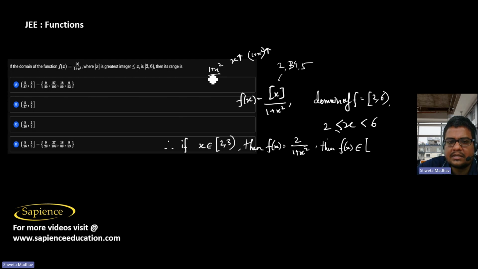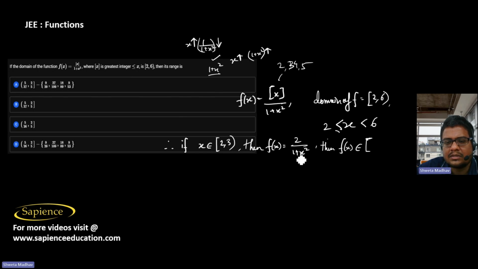So it is simply an increasing function. So 1 by 1 plus x square will be a decreasing function. It means if we increase the value of x, 1 by 1 plus x square will decrease. So therefore f of x will go from